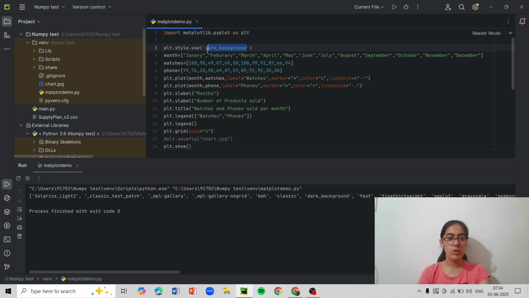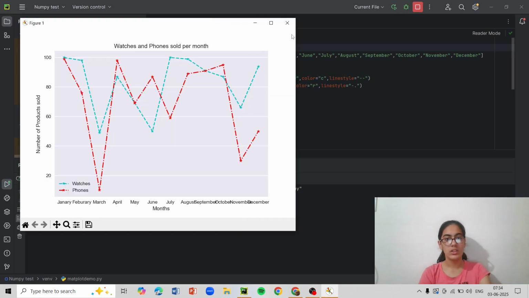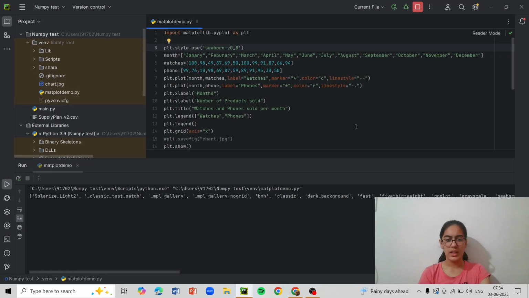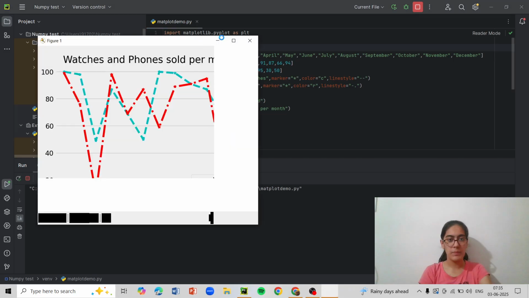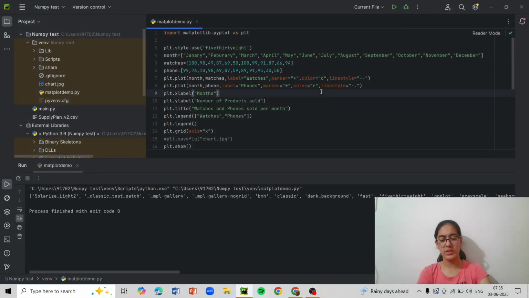Instead of dark background, we put in Seaborn and run. This is how Seaborn looks, like a basic white background. Now if we try one last, there is a 538. I wonder what this could be. How can numbers be a style? So this is what we'll put right now, and the last one we'll check. It is basically the same, just the size of the chart has increased. So we don't really want that, so I'll just go with